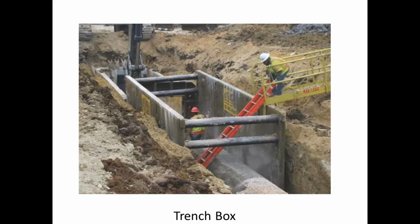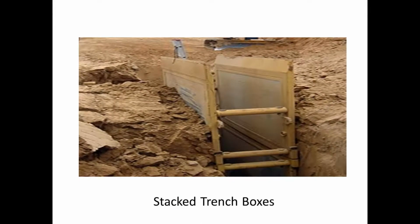Relatively expensive if you don't own one to rent them, but it will protect your workers that are in the excavation. This is a stacked trench box. Actually, what they did was they took 2 of those trench boxes, stuck them on top of each other, put the pins in place. Again, on this, it's got to extend above the edge of the excavation, and it has to have a means of exit for the employees to get out where they don't move more than 25 feet